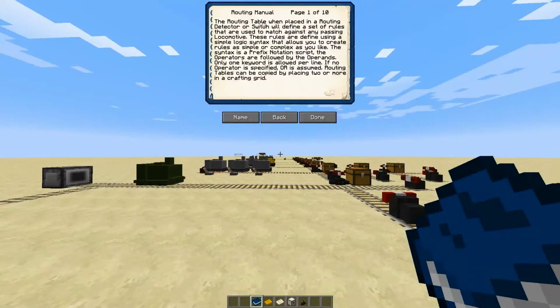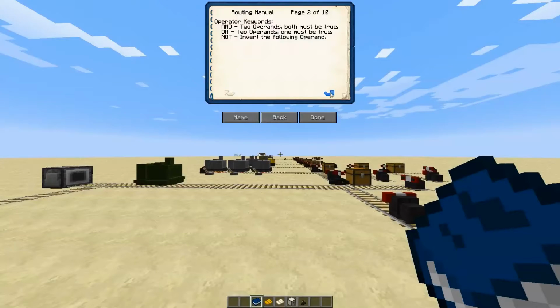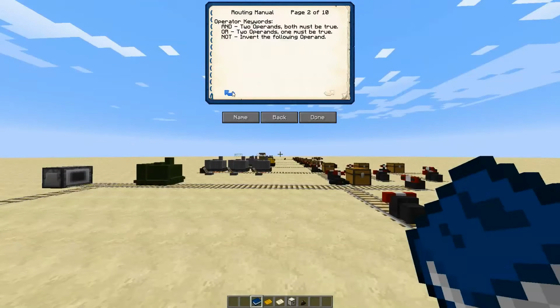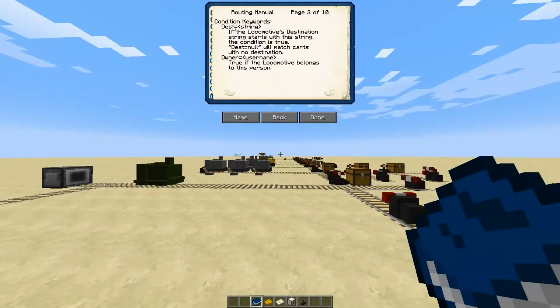It does contain a help section, which has the operators, 3 of them, and all of the conditions that you can use. And we're going to go through all of those in this video. And we're going to wait with the destination one for last, and we're going to start with the owner